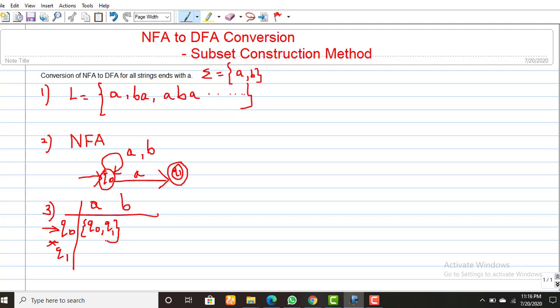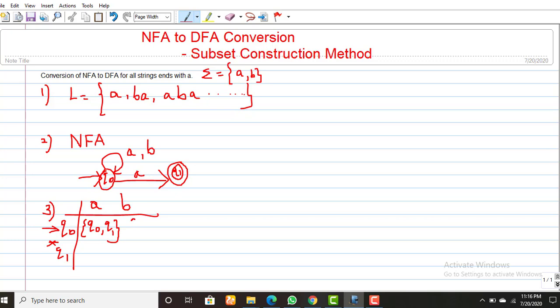This is acceptable in an NFA, but it is not acceptable in a DFA. In a DFA, on receiving A, it should move to only one state, but in an NFA, one or more transitions are possible.